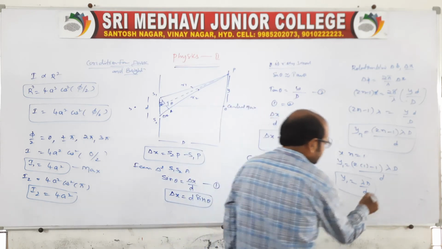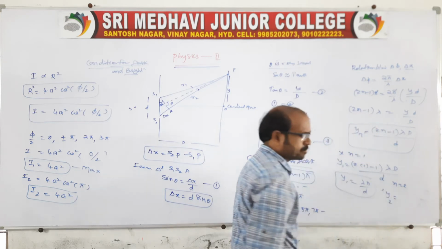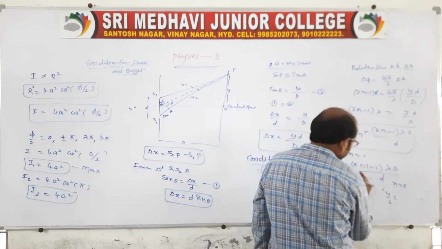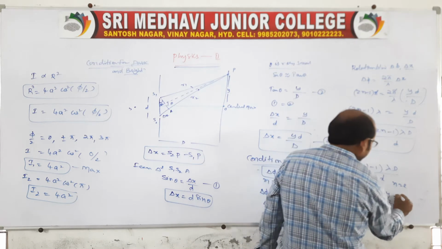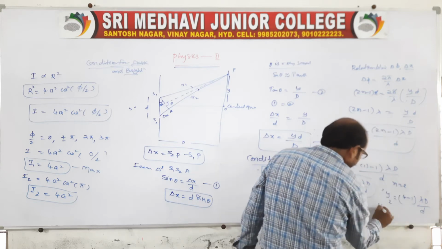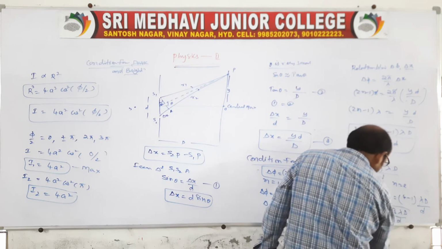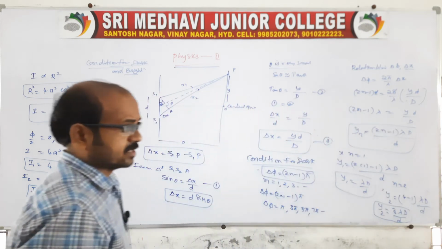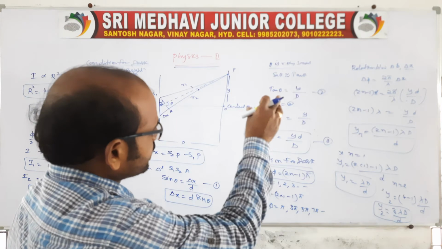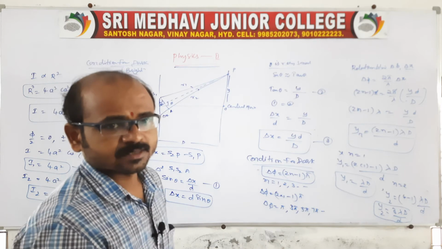You go for the second expression, of course you take n is equal to 2, then y2, the second dark band which is on the screen, is equal to, instead of n you take 2, therefore 2 into 2 becomes 4 minus 1, λ capital D by small d. Therefore the second dark band will be 3λD by small d. Look at this, these are the odd numbers we'll get. For the bright we'll get 1, 2, 3 like that, all integers, whereas in case of a dark situation, that forms only odd number distances on the screen.